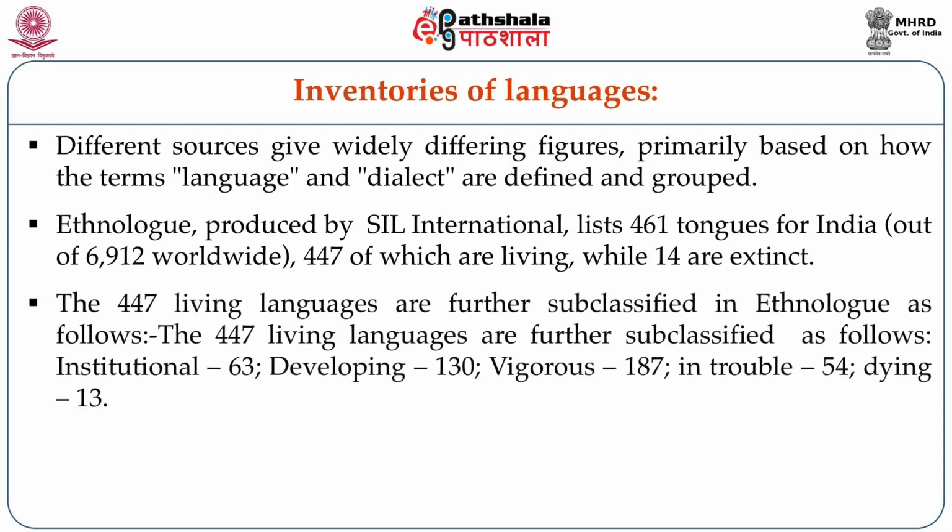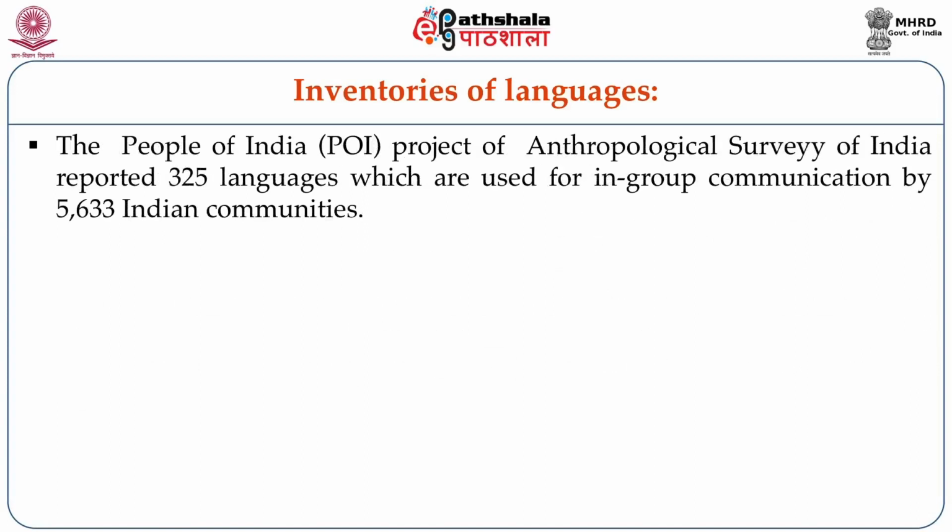The 447 living languages are further subclassified in Ethnologue as follows: institutional 63, developing 130, vigorous 187, in trouble 54, and dying 13. The People of India project of Anthropological Survey of India reported 325 languages which are used for in-group communication by